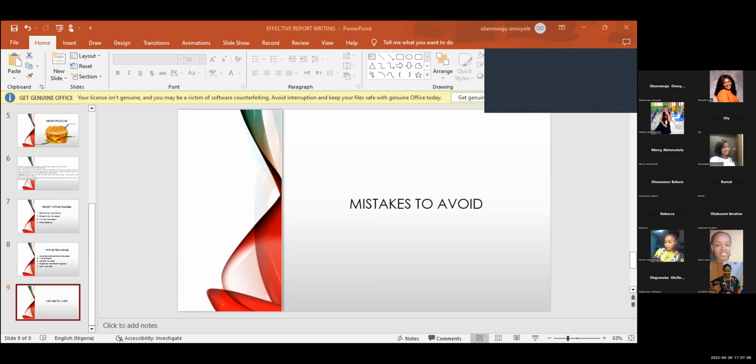Remember when we talked about the types of report, incident reports for example. You can have that under your incident reports. Also, like I said, your report does not always have to follow a particular format or be written.